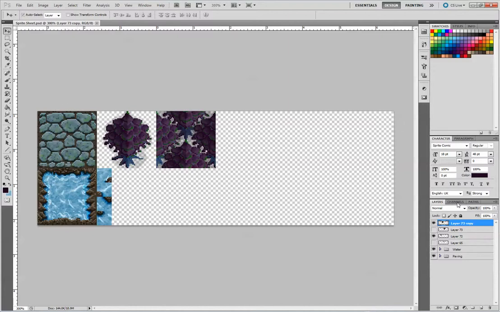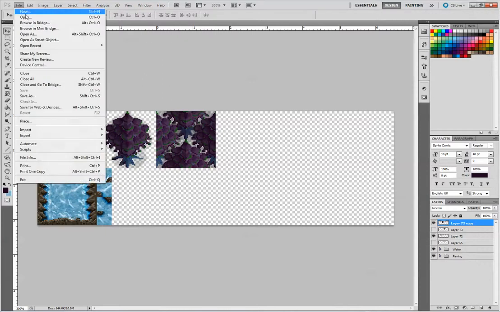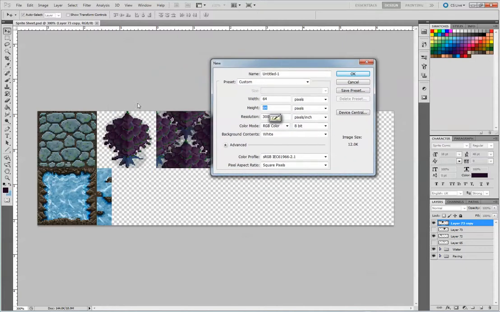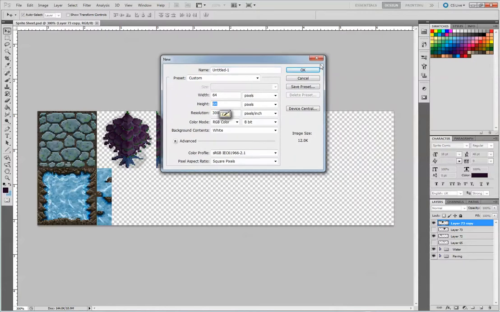So slightly different to how we've been working previously. We started working with just solid pixels, then started adding some more brush techniques, and again we're going to incorporate both of those, but on a much bigger scale. Okay, so what we're going to do is create a new file, and we're going to go new, and this time we're going to create it 64 by 64 pixels. So no longer 32 by 32, as we want our tree to cover this whole area. So click OK,